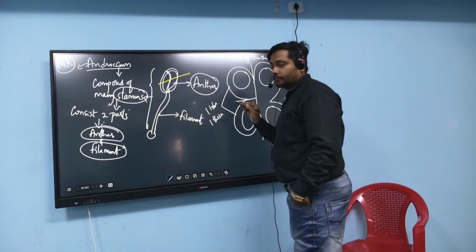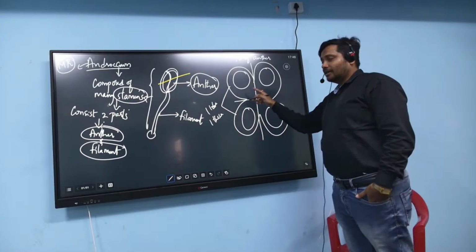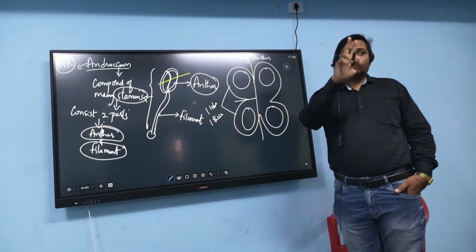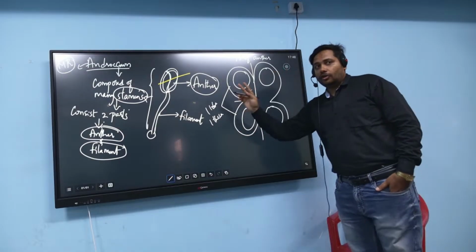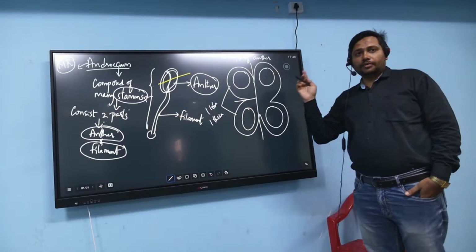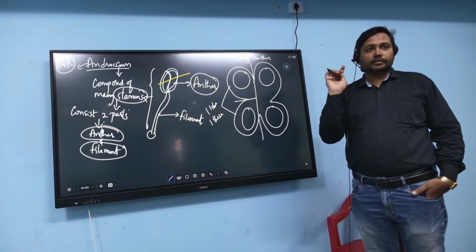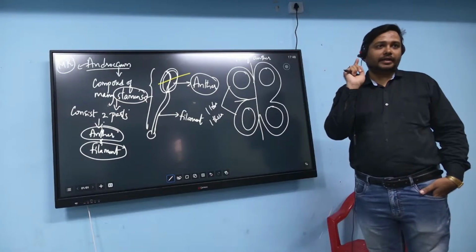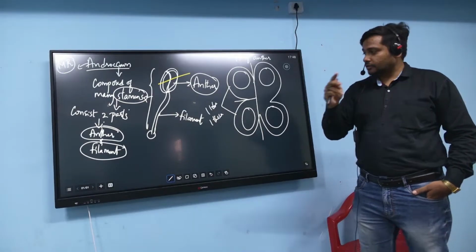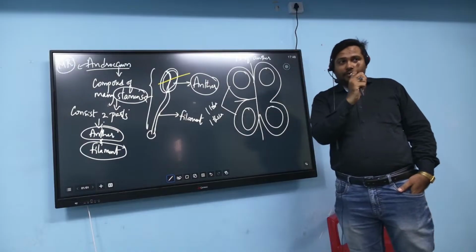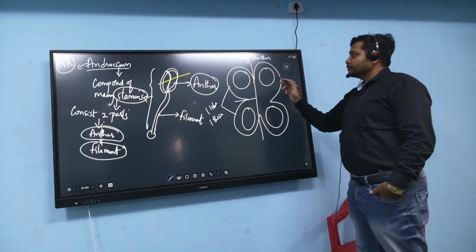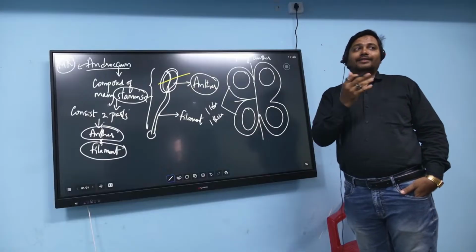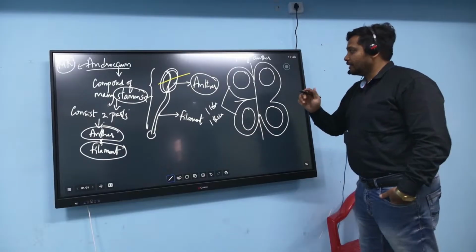It is called bilobed with two theca. Anther is bilobed, with one lobe having two theca. Two lobes. Did you understand? Dithecous we will tell. Dithecous, that means one lobe is having two theca. Is it clear? Now, if you cut the transverse section of the anther, we are able to see